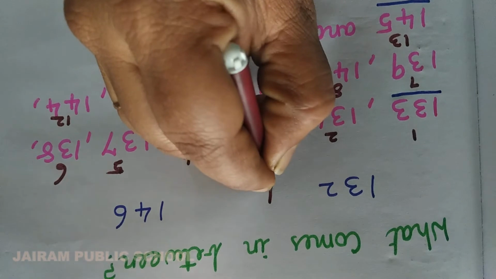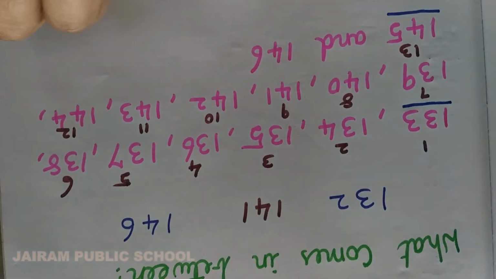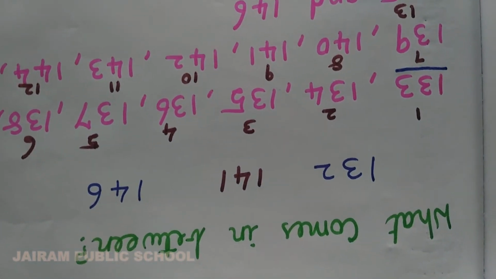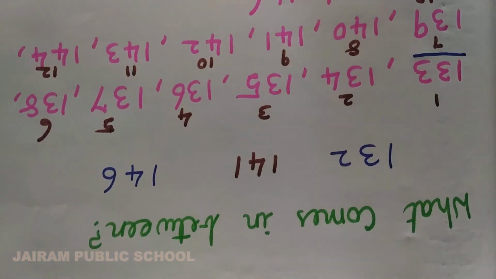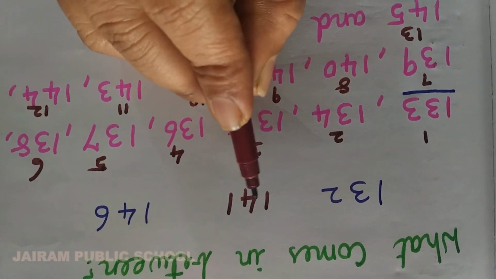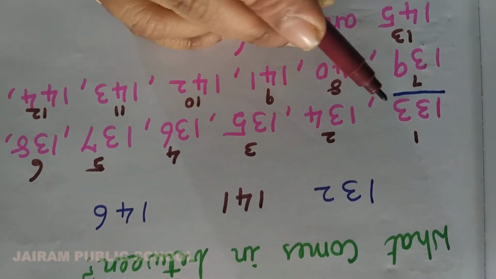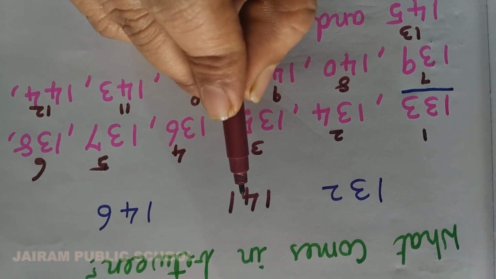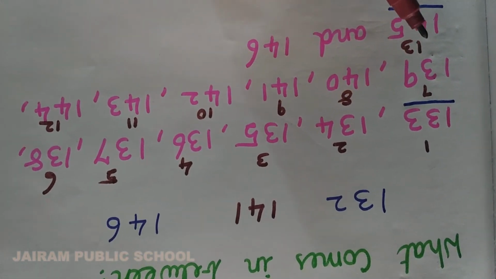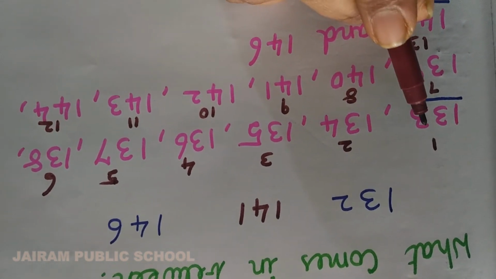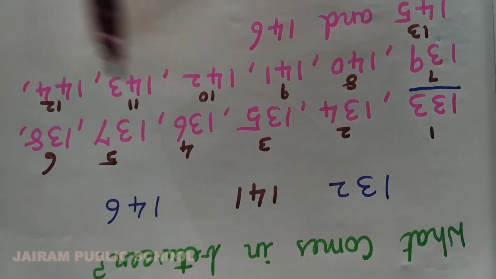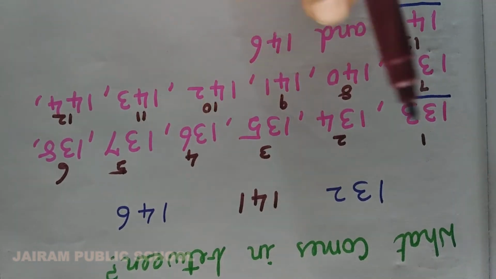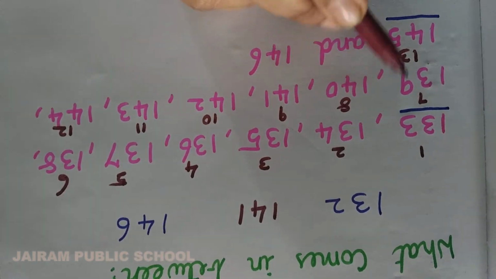Here I will write 141. The number should be in between these two numbers. That's all. So in between means, have you understood? Yes. Like that you want to write the number between these two numbers. Many numbers are there between these two numbers, but you can write any one number, that is enough. You don't have to write all these numbers, Kana. You want to take and write only one number, that is enough. And you should not write this 146 and 132. These two numbers you should not write. Between these two only you want to take and write.